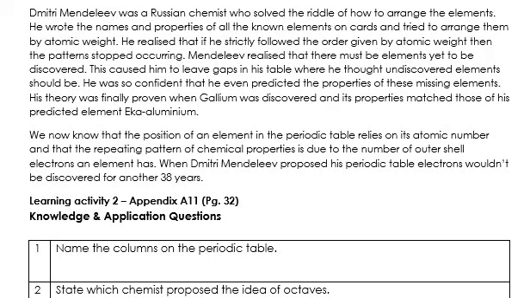We now know that the position of an element in the periodic table relies on its atomic number, and that the repeating pattern of chemical properties is due to the number of outer shell electrons an element has. When Dmitry Mendeleev proposed his periodic table, electrons wouldn't be discovered for another 38 years. That really just goes to show the genius of Dmitry Mendeleev and what a powerful insight he gave us to